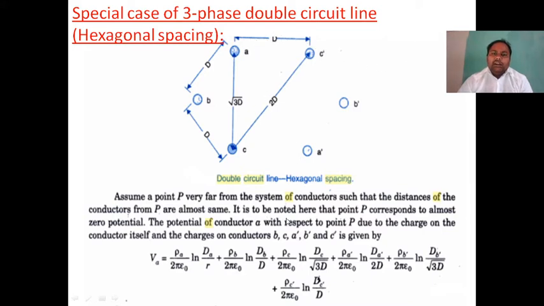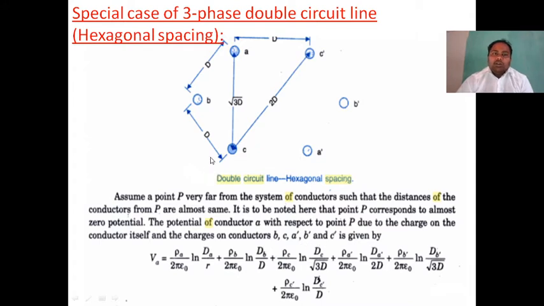It is to be noted here that point P corresponds to almost zero potential. The potential of conductor A with respect to point P, due to the charge on the conductor itself and the charge on the conductors B, C, A dash, B dash and C dash, is given by